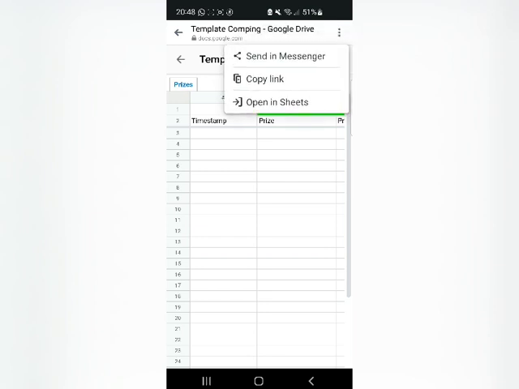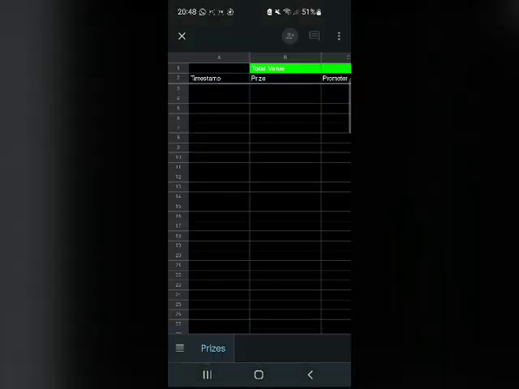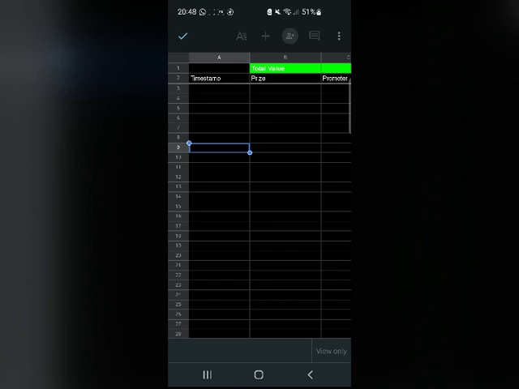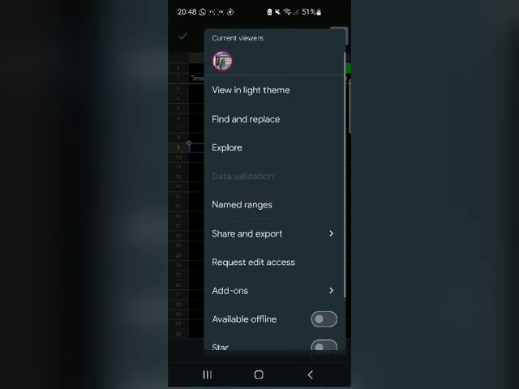Press the 3 dots on the top right corner and open in Sheets. You'll then select the account that you're opening it with. I've got multiple accounts, so you might only have one option anyway and be signed in. It'll then open it in Sheets, but it'll still be view only. So again, if you press on the 3 buttons on the top right, on the bottom left, you'll see that it says view only. So you then press share and export, and from there